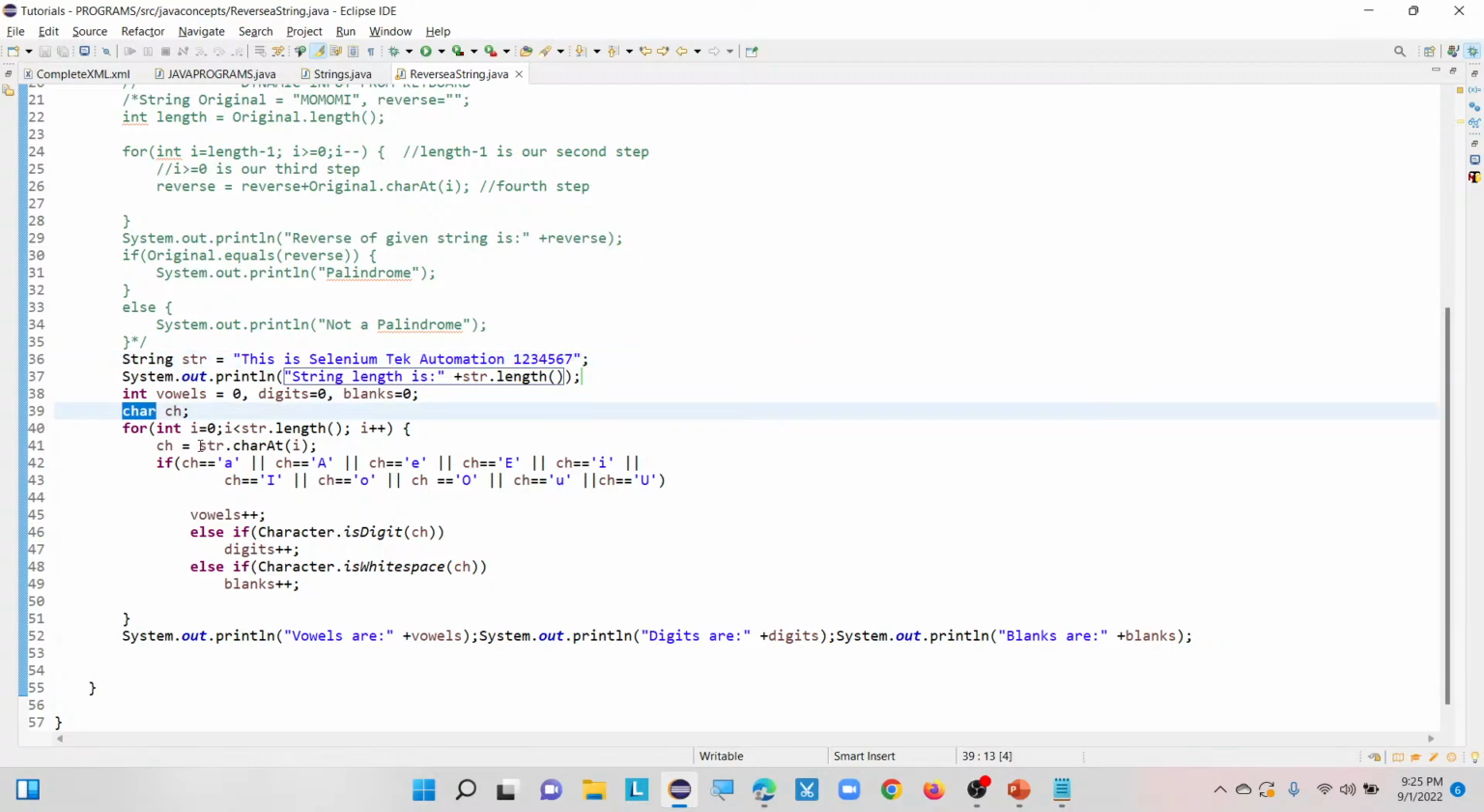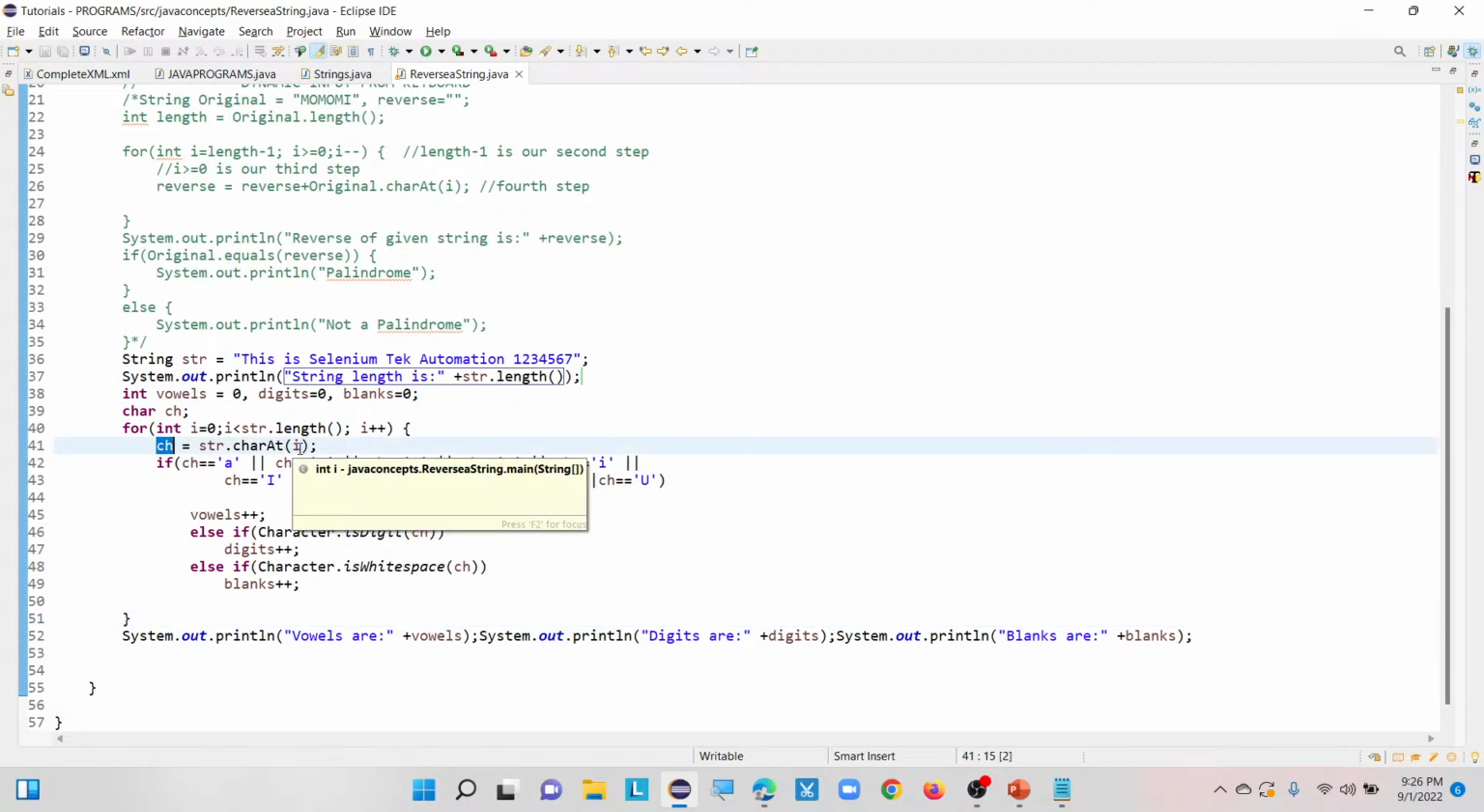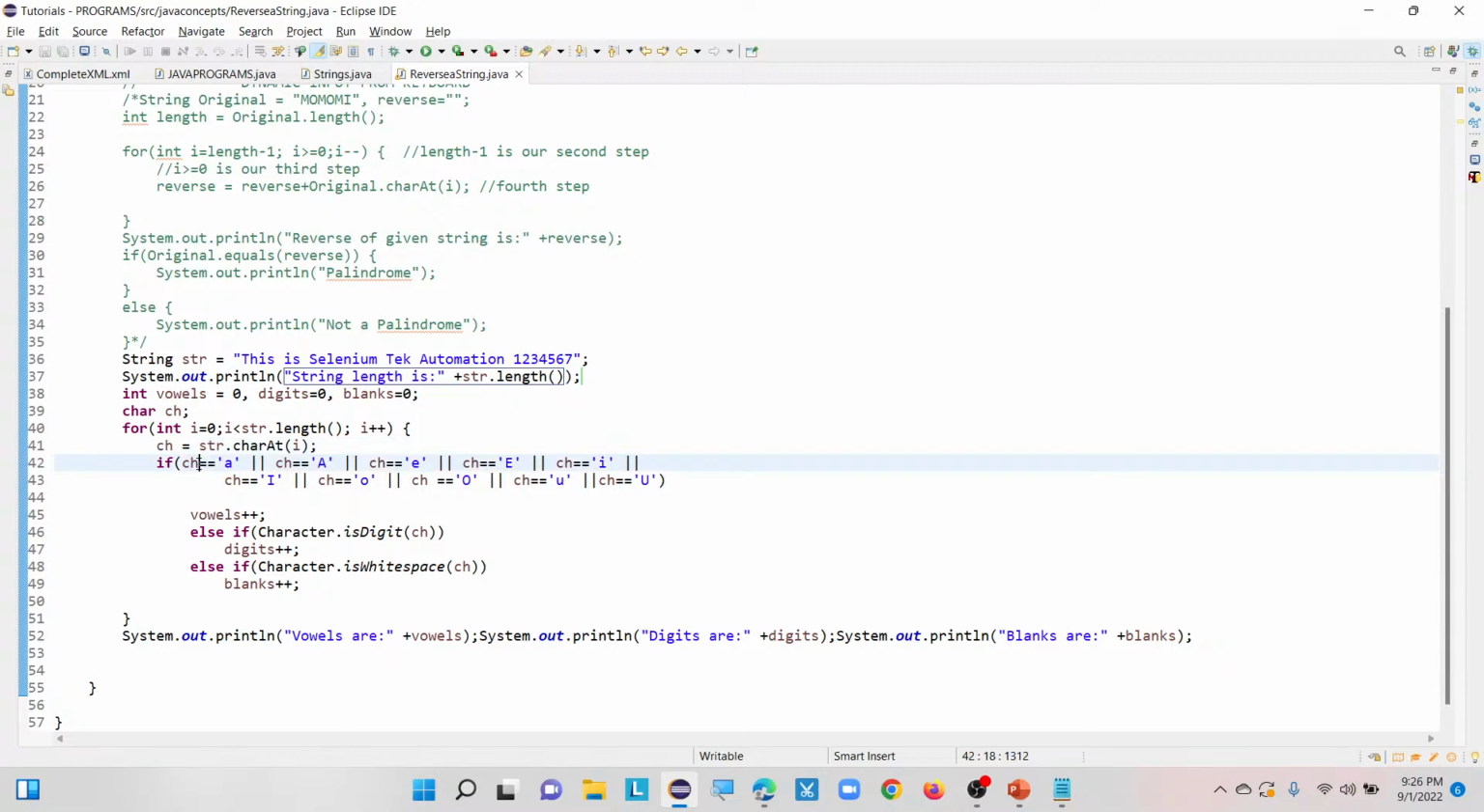After that, whatever index value we are getting, I am storing it inside this char data type variable. Then I am doing some conditional statements here. If my character, whatever I am getting with the help of the charAt(i) method, I am going to compare with the help of this equals, for each and every index value present inside this string, to check how many vowels there are. Once this step is completed, the vowels count will increment by 1,